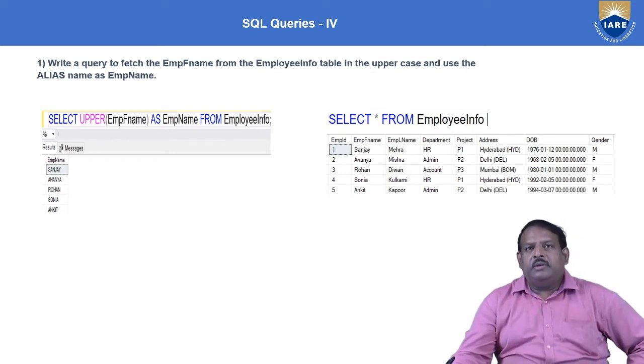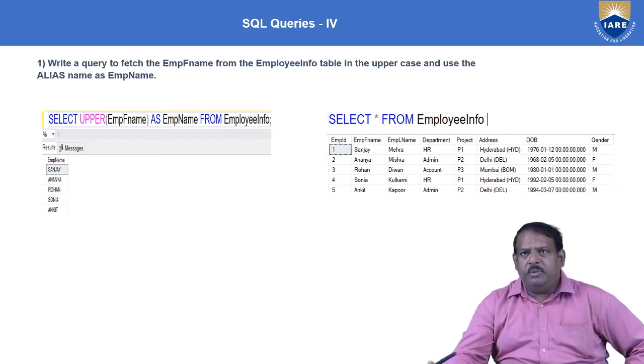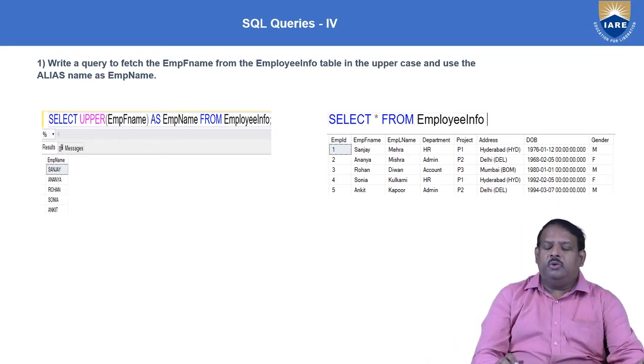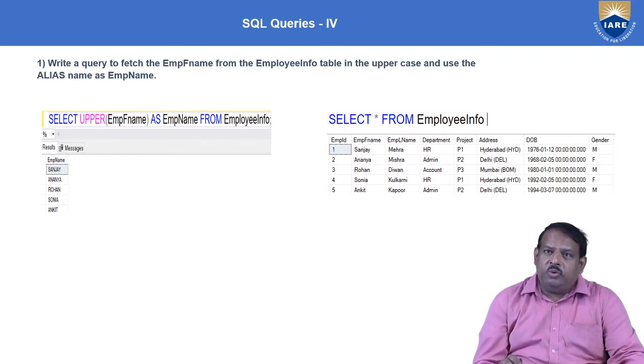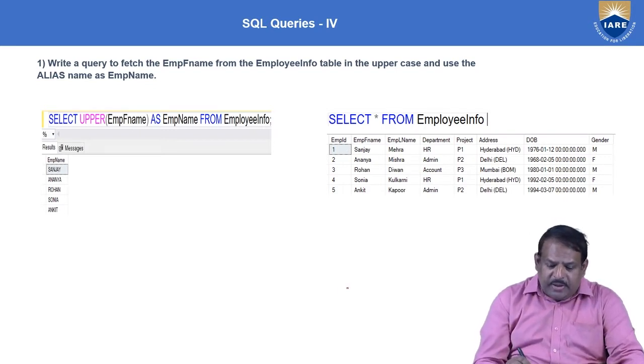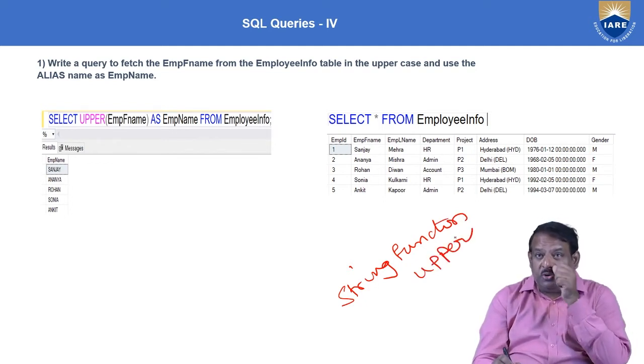The first question asked is, write a query to fetch the employee name from the employee info table in uppercase and use the alias name as EMP name. This question is going to test your skills on two concepts in SQL. One is the string function, that is the upper function, and also it is going to test your skill on